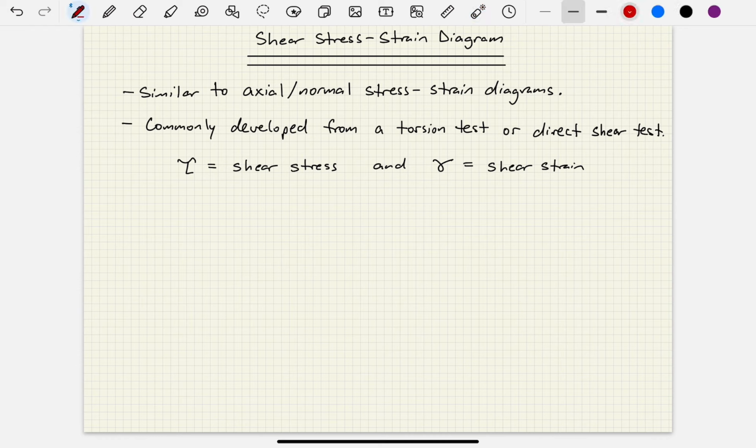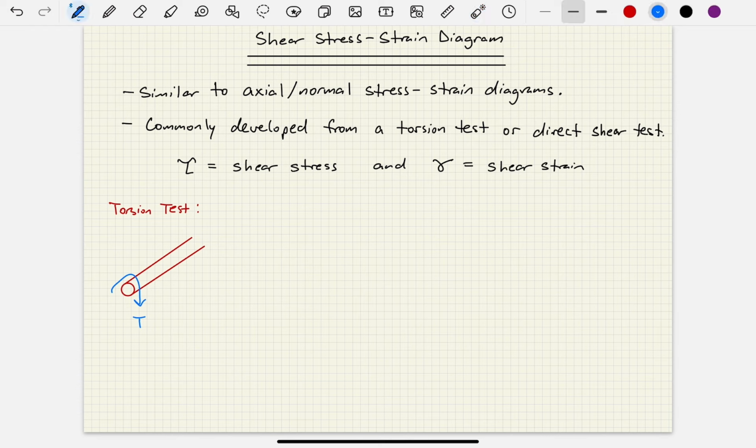So if I come over here and I say torsion test, okay? Typically what we do in a torsion test is we have a shaft, which usually will have a circular cross section. And let's give it some kind of length here. Okay, you have this shaft here. And the shaft is subjected to a torque moment T. Okay. Now what happens is the cross section of this shaft is twisted, all right,